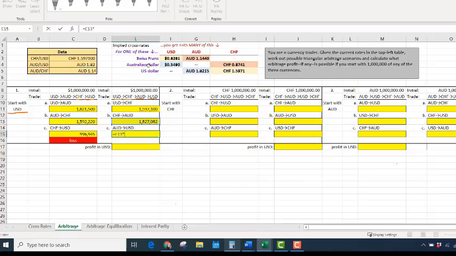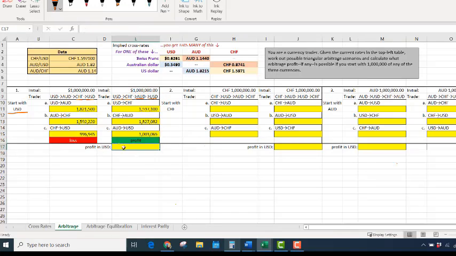So what is the US dollar price of an Australian dollar? There it is in my cross rates table, F4. So that gives us 1,003,065 US dollars. Hey, and we started with $1 million, so is that a profit or a loss? Well, we can see that that's a profit. Let's copy and paste. I'm using Control C to copy and then Control V to paste. And of course, 1.003 million is greater than 1 million, so that'll show profit,